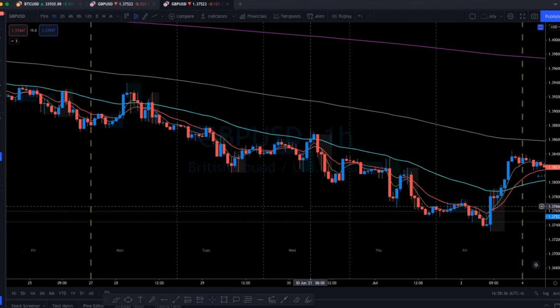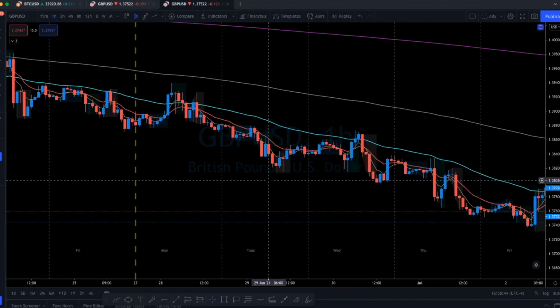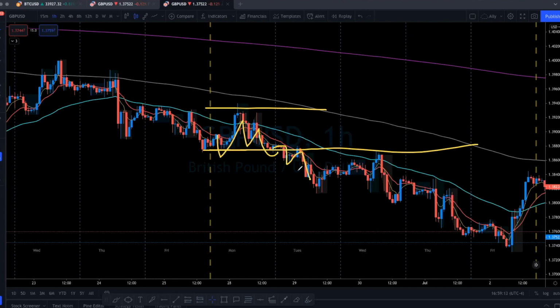On a trending cycle, the big key is actually Sunday, Monday, because during Sunday, Monday, you're going to create the initial high and low of the week, right? So if you see here what happened on Tuesday, you were already trending below that. So that is a dead giveaway of what you might see